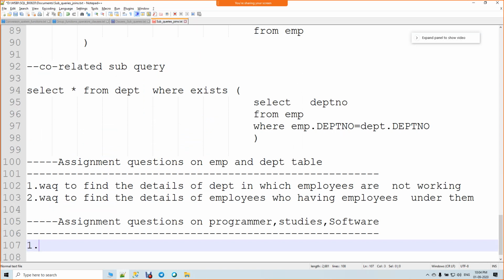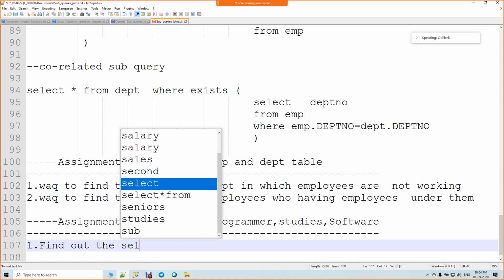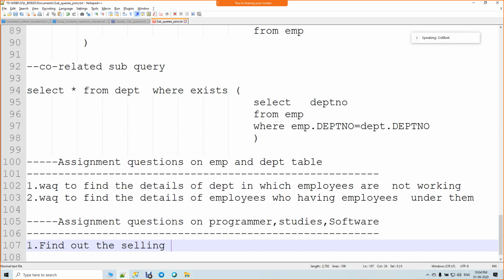Okay, these 3 tables you guys executed on your machines, right? Find out the selling cost, average selling cost for packages developed in Pascal.